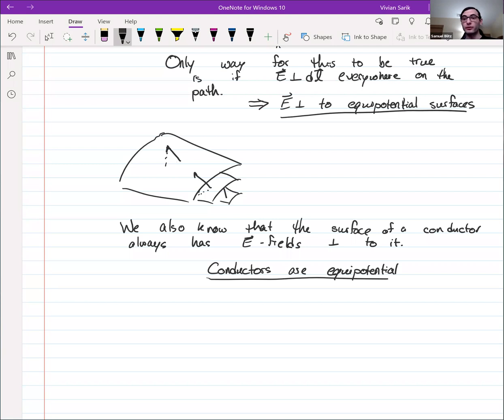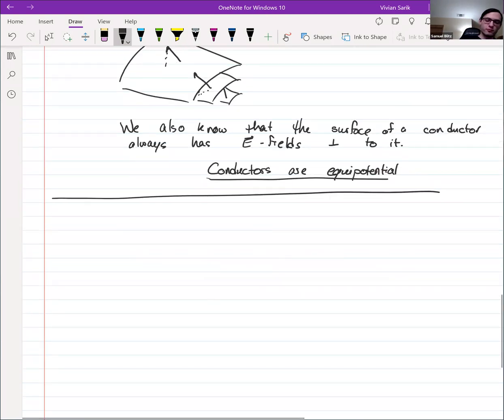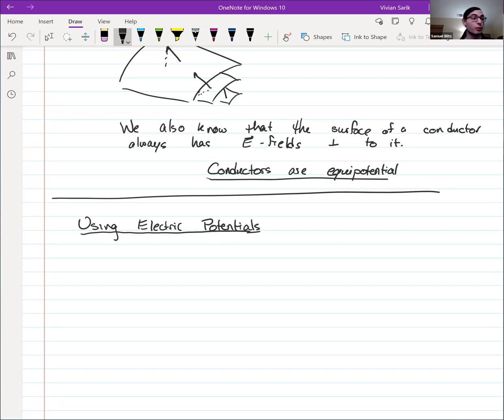So this is great. We've talked a lot about electric potentials, but there's more to do because I promised that they're useful. So let's actually start using them. I did say that these make solving problems remarkably easy, so we're going to do that. So the first example that I'm going to do is the same example that we did, I think,